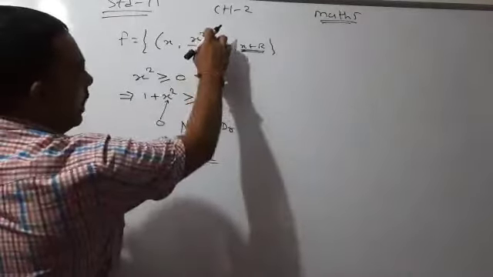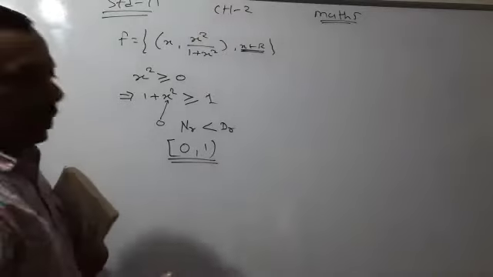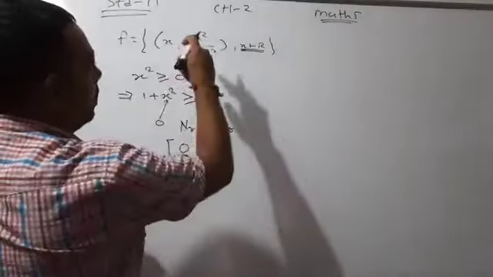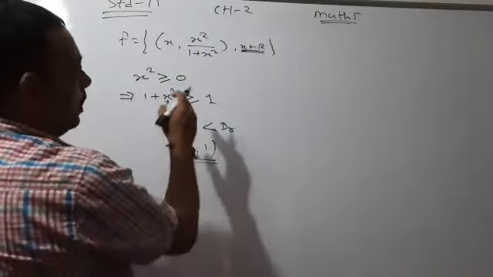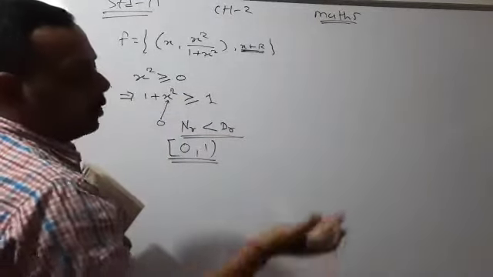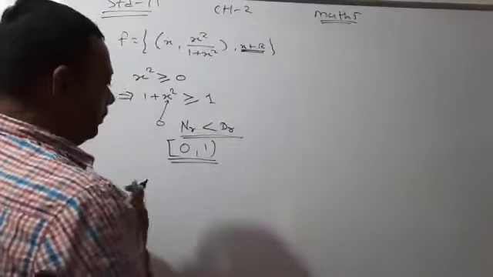When numerator and denominator are equal, only in that case we get the answer 1. But here there is no case which gives numerator equal to denominator. Every time the numerator is smaller than the denominator, so we never get 1. It is always smaller than 1. So maximum till 1 but not 1.